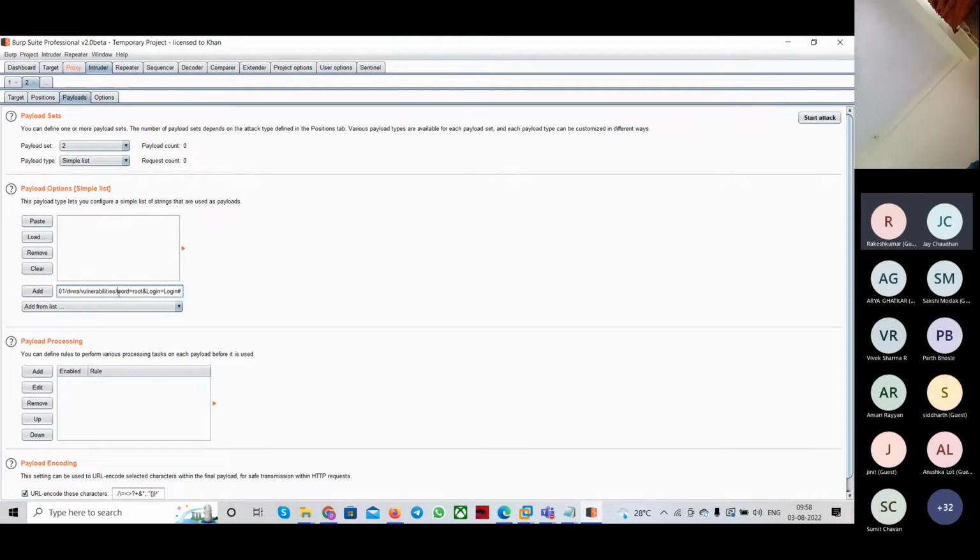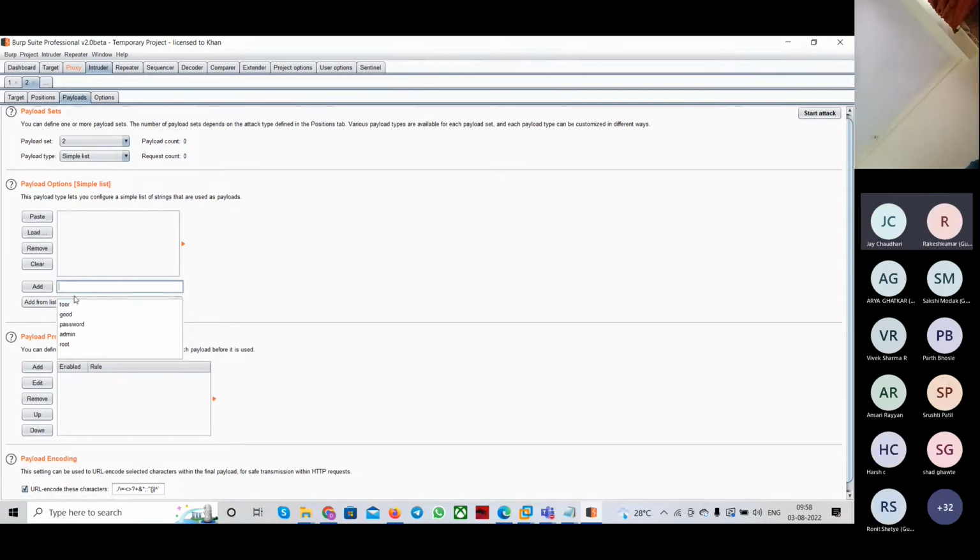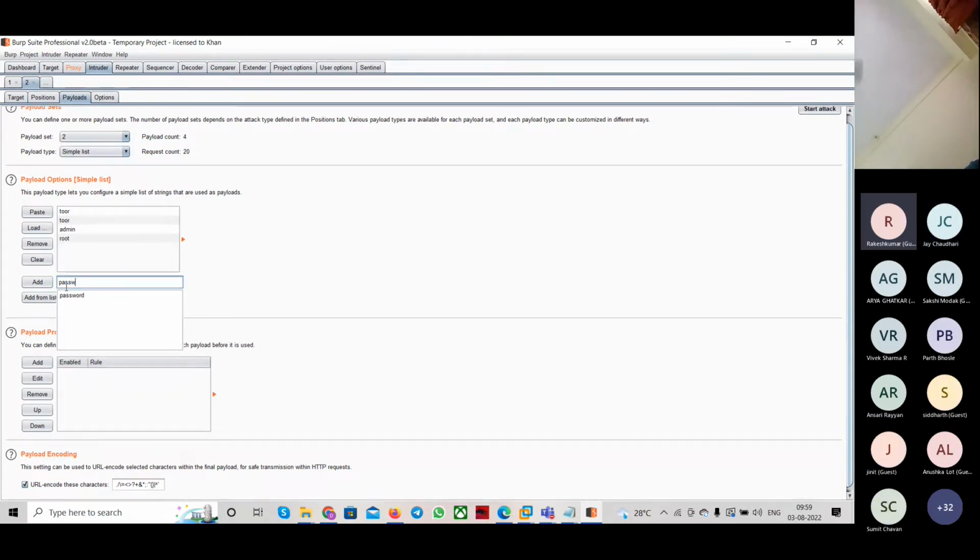एक एक ही करना पड़ेगा। ओके, सो मुझे वहाँ पे क्या क्या डालना है, रूट डालना है, और टोर डालना है, एडमिन। टूर ही एंटर किया। ओके ठीक है, चलेगा, मैं वापस से दूसरा कर देता हूँ। रूट, यहाँ पे पासवर्ड, पासवर्ड, ओके, गुड बैड कुछ भी डाल सकता हूँ मैं अभी, रैंडम पासवर्ड जो मुझे लगता है कि पासवर्ड हो सकता है।